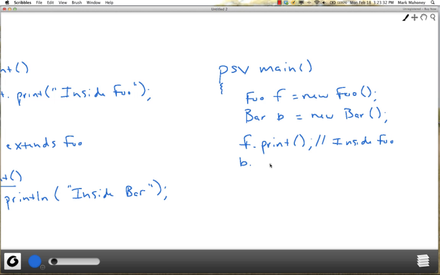And if you say b.print, okay, this is the interesting part here, because bar has overridden the print method. Instead of printing inside foo, what it's going to print is inside bar. Okay. So we overrode the behavior from the base class in the derived class. Okay, now let's talk about